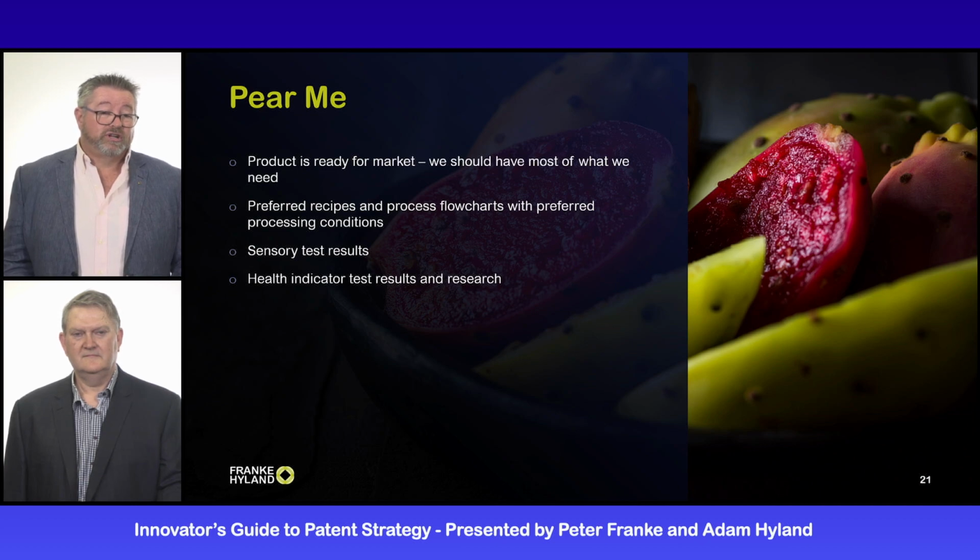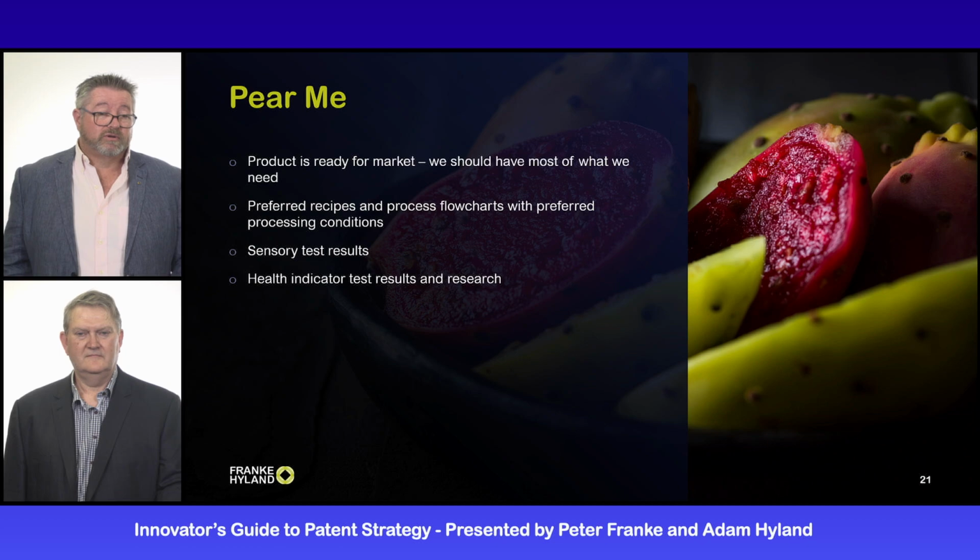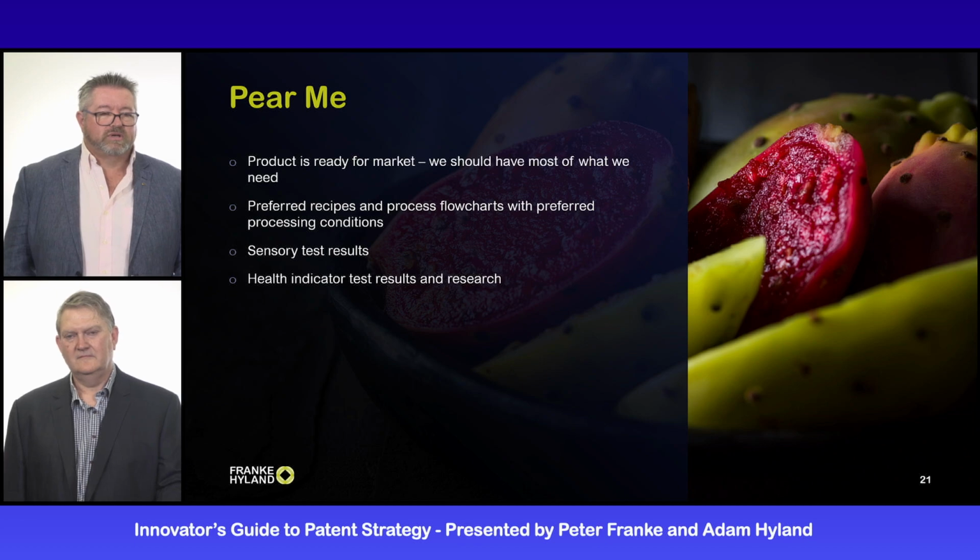It's nice to be able to put in a range rather than a simple target level, and this gives us a bit broader protection, but it also will tell us what the limit of the invention is, at what point we lose efficacy in the product. If we've got that kind of information, that would be really useful to put in a patent application at this stage. For a product like this, sensory test results are also very important because sometimes if you're dealing with a